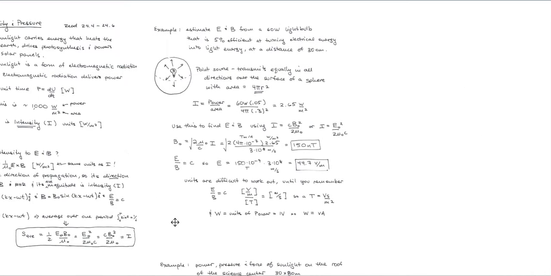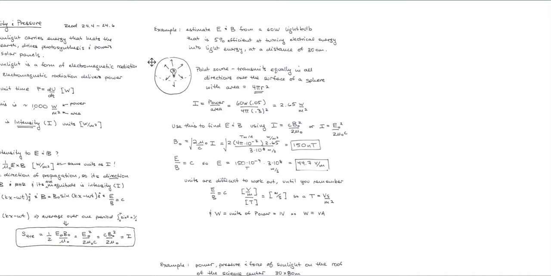Let's do an example. Let's estimate the magnitude of the electric and magnetic fields from a 60-watt light bulb shining on your paper. And the light bulb has a certain inefficiency. Not all of the power that goes into the light bulb gets transmitted into light energy. In fact, only about 5% of it does. So you might be tempted to take that power, that's going to be 3 watts, right? 60 times 0.05 is 3 watts, to divide that power by the area of your piece of paper,